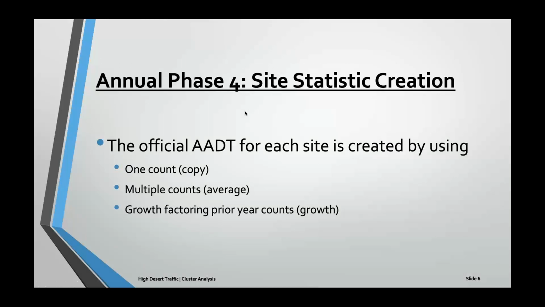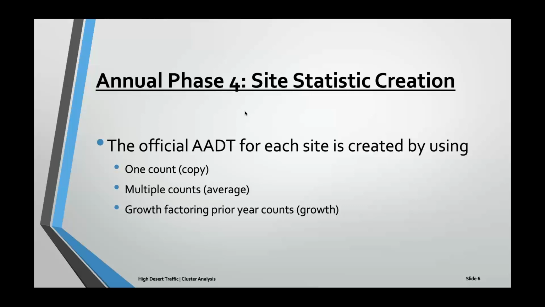Okay. And after that, you've got all your short-term counts dealt with. So you dealt with all your continuous counts in phase 1. You dealt with all your short-term counts now in phase 3. Now it's time to look at phase 4, which is the site statistic creation. So the difference between a count ADT and a site ADT: every time you run a short-term count throughout the year, you're generating a count ADT. So you've got actual traffic count data out there. You take that data and you